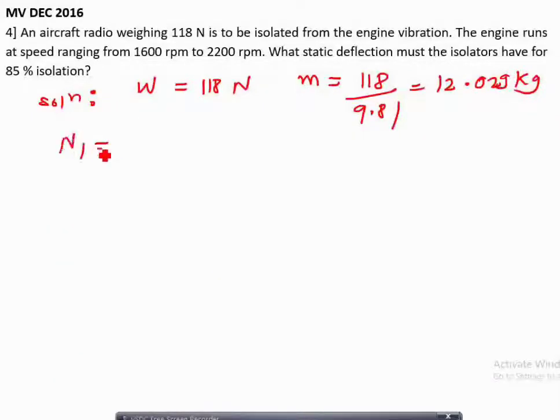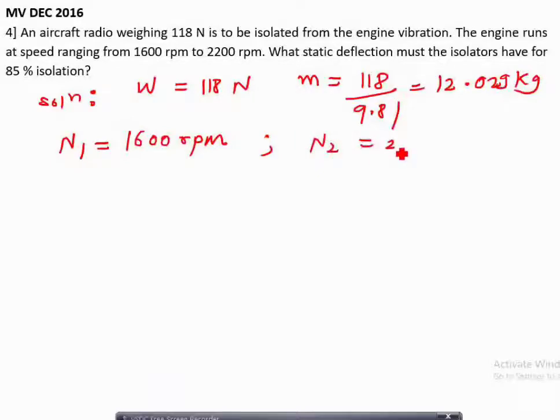Now they have given you the range of the speed. Till now, in the first three problems, they have given only one speed. So now they have given two speeds, and you have to select any one speed. Let us see how to select one speed with the help of a frequency response curve.